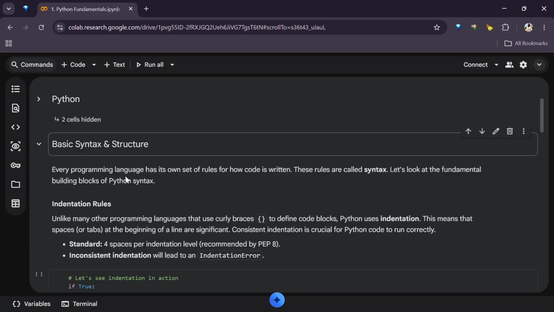So let's look at the fundamental building blocks of Python syntax. The first and most important one is the rule of indentation. It is important that as a beginner you don't get it wrong. One beauty of what we'll be using, by the way, let me introduce you to Google Colab, is that Colab and other development environments, IDEs, help with indentation so we don't run into frequent indentation errors.